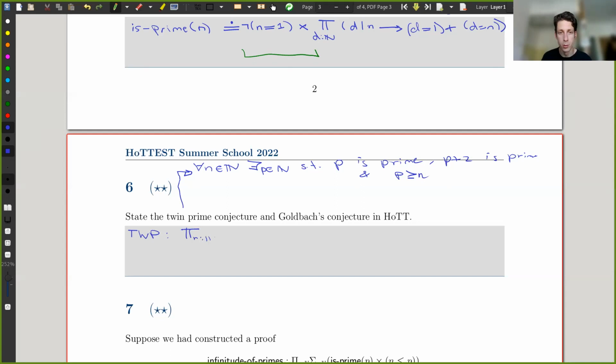So pi, and then over natural numbers. And then this exists we're going to do as a sigma. Later on we'll see how to refine this a bit, but for now this is perfectly adequate. Okay, and now we need to state that p is prime, but fortunately we already defined this above, so we can say is prime